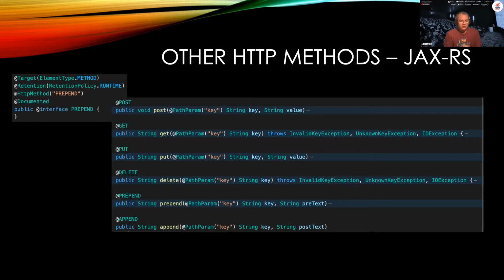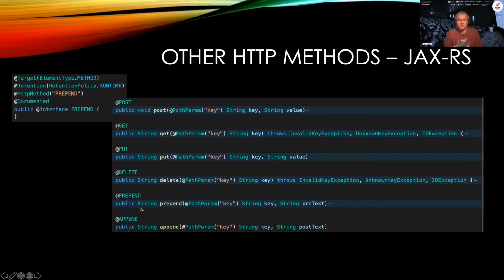All three APIs will have annotations for post, for put, for delete. Most of them will have them for options and head as well, which are fairly less well used. But one of the things where we will see some differentiation is how you would add your own HTTP method.